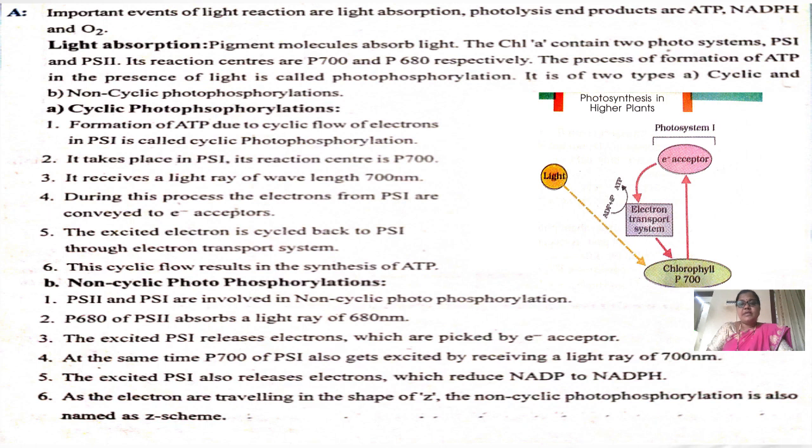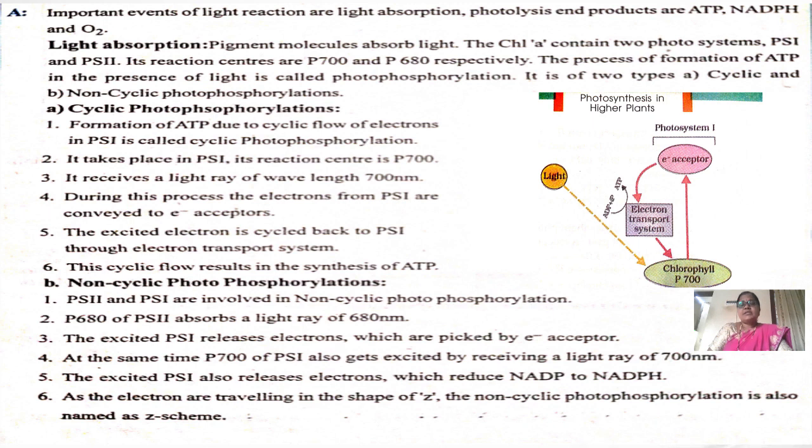So this is about the light reactions. Once again I will tell what is meant by light reaction. Where does it occur? It occurs in the thylakoids, and it is followed by the enzymatic reactions in the stroma which incorporate the carbon dioxide of the plant. These reactions are directly light driven, hence they are called light reactions. In these light reactions, light absorption, water splitting and oxygen release are involved.